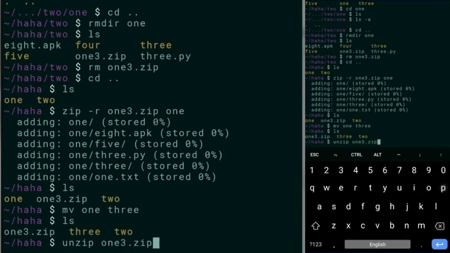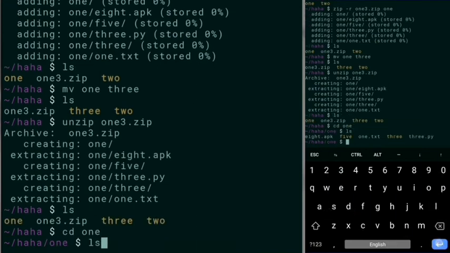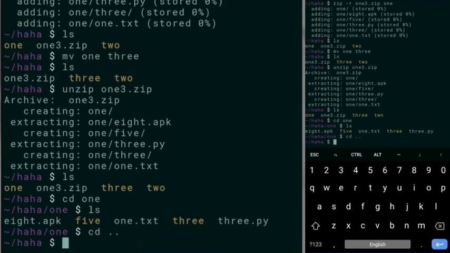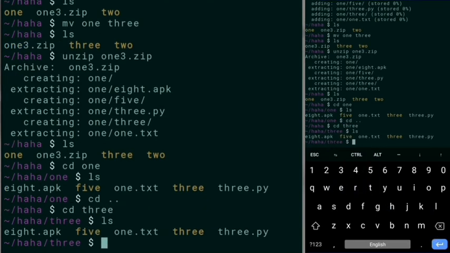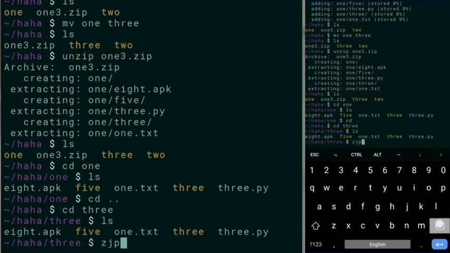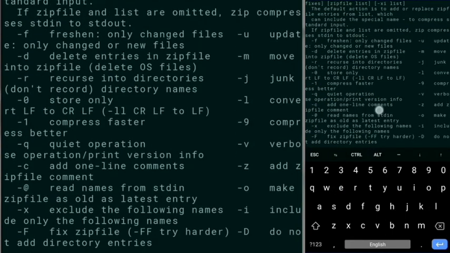Let's unzip 13.zip now. And if I will do ls, you can see all the files that were in this directory. Before unzipping, we renamed directory 1 to directory 3. That means the same files will be in directory 3 too. And yes, they are same. This is how you can zip and unzip files and directories for non-empty directory using argument -r, and for file you can zip without an argument. To know more about zip command, type zip --help. This will show you more arguments that you can use for various things.